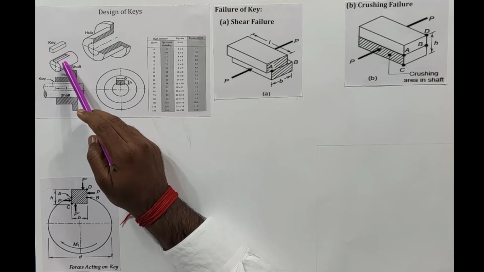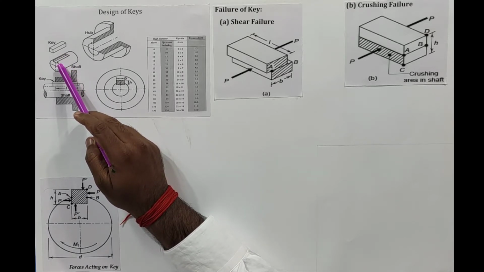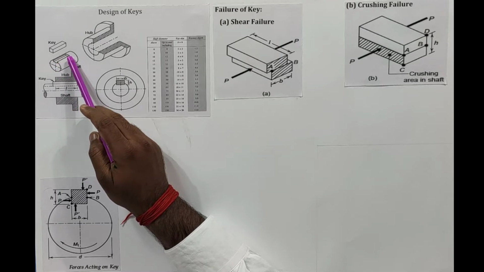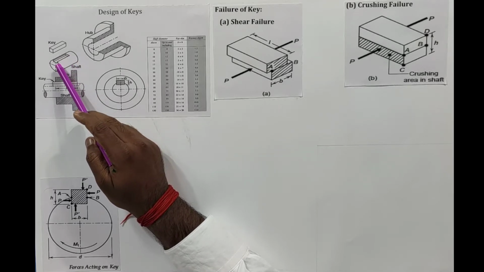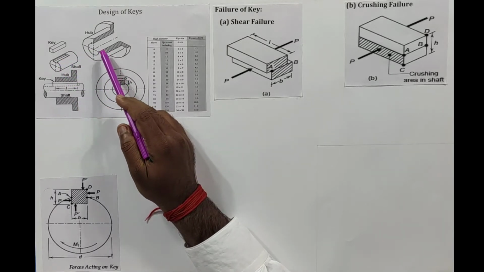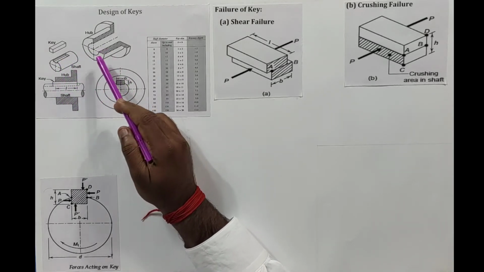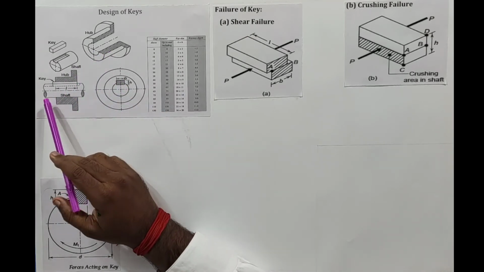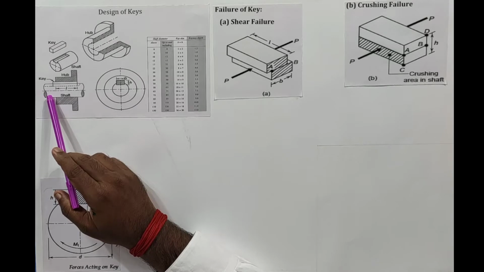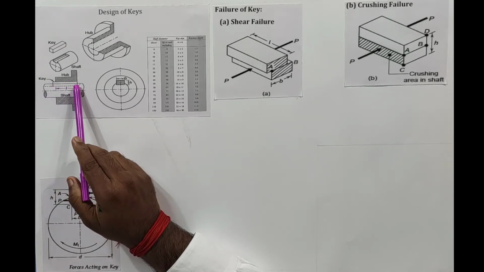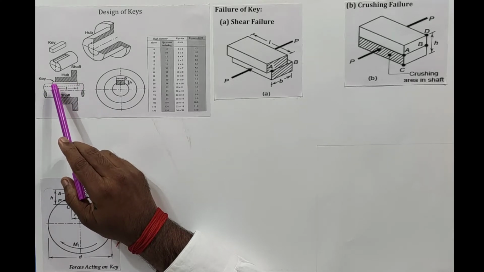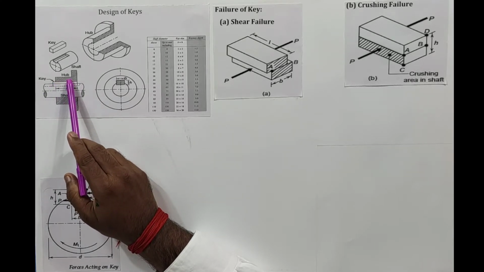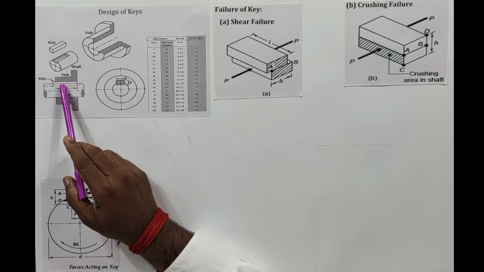While using the key, I will have to make a slot in the shaft that we call a keyway. And the same slot I will have to make in the hub also, through which the key can join and transmit the motion very easily. Now you can see this will be the shaft which we have designed already. After that, the keyway is situated over the shaft. This keyway and key help to connect the hub, and through it the transmission will occur.